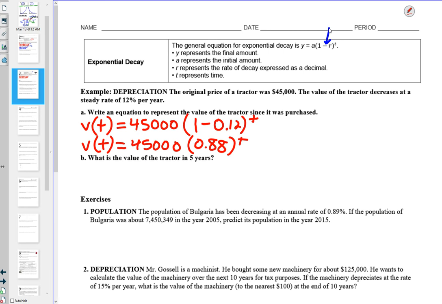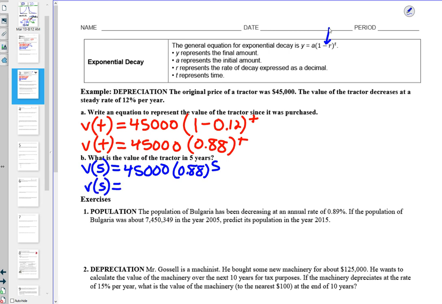Yeah, now since time is in years, last time I had to subtract because they were giving me the actual number of the year. I had to figure out how many years had elapsed. But now they're telling me that there's 5. So you should know from function notation last term, you put the 5 there, and then 45,000 times 0.88 to the power of 5. Use your trusty calculator to type it in all at once. Or if you want to go one at a time, take 0.88 to the 5th power first, and then hit times 45,000. I'm getting that after 5 years,